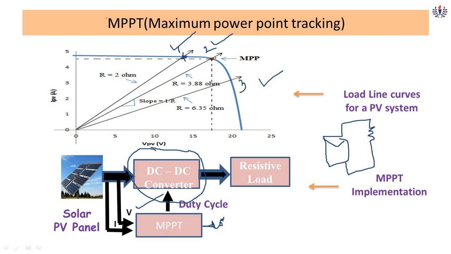Our interest is that, irrespective of load changes, we have to always ensure that PV operates at MPP. How do we do that? Just measure the V and I values of that particular point and program them into an algorithm, and that algorithm will give you the corresponding duty cycle, so that you operate your PV at MPP. This is a very mandatory and important aspect of your PV.